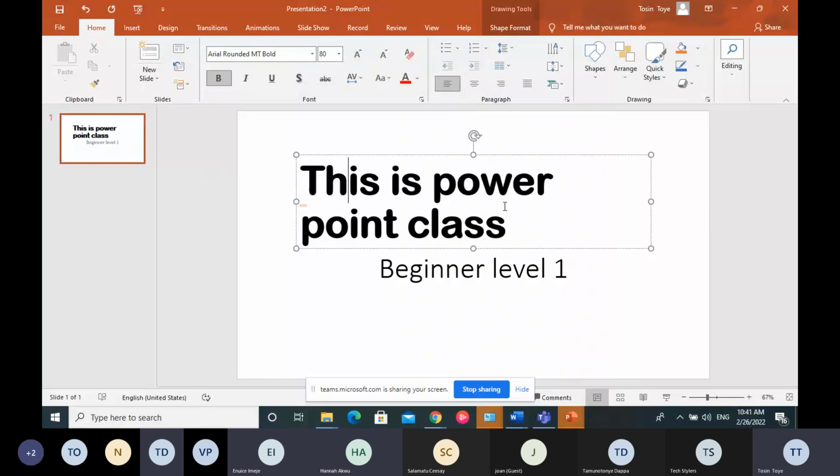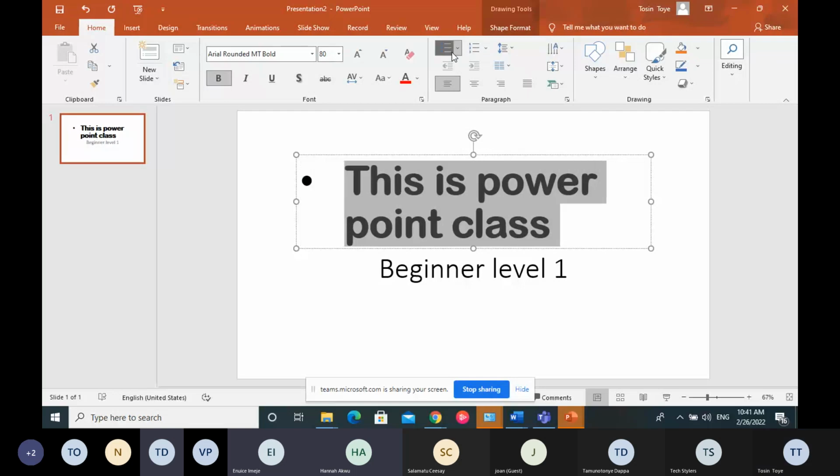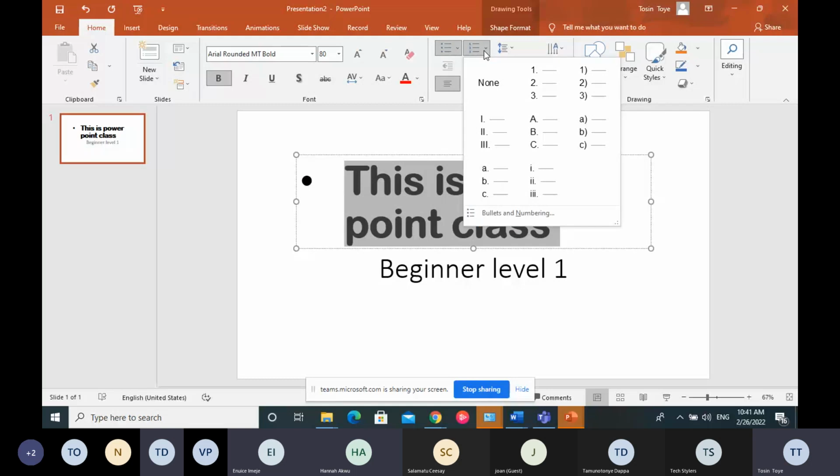That's where you can, it's called the paragraph. You can actually shift your heading to any side of the slide you like. You can also use what they call bullets. You can also use what is called numbers for your text. Then you can also use